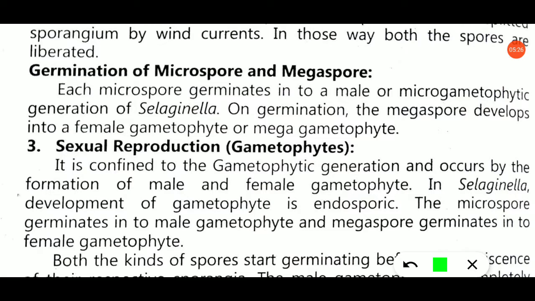As the splitting of the sporangia takes place, the next step is the germination of the spores, that is, the microspores and the megaspores. Each microspore germinates into the male. There are millions of microspores inside the microsporangia. When they get liberated, the microspores germinate into the male or microgametophyte. When water and moisture are available, they start germinating into the male microgametophytic generation